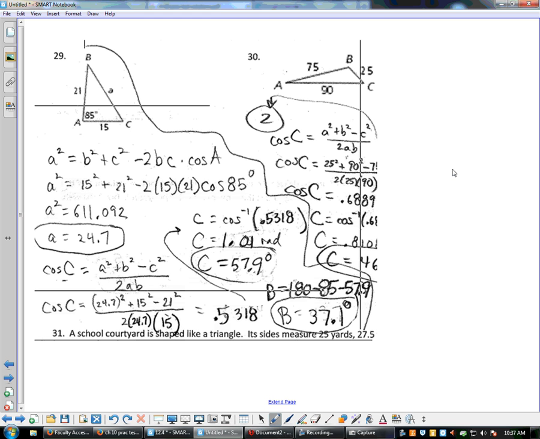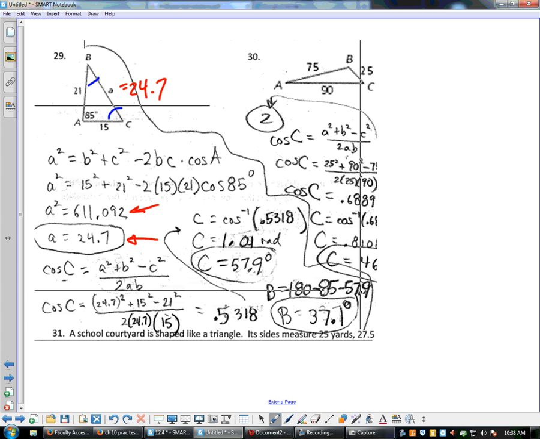So you get 15 squared plus 21 squared minus 2 times 15 times 21 times cosine of 85. This is all calculator work. I ended up getting a squared equaling 611.092. I took the square root, and I got the side A as 24.7. Now, if I get this side here as 24.7, whatever the linear units are that we're using, I now need to find either angle C or angle B,